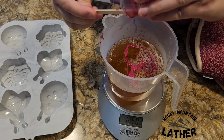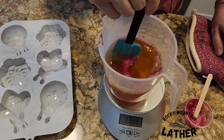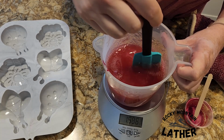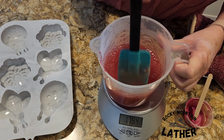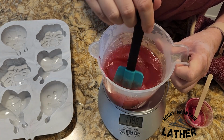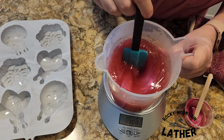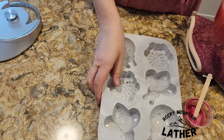scrape this all out. And also, that soap base took a lot longer to melt than previous soap bases I've used before. So I like to use the double boiler because it's a lot more manageable with this much soap, but I think for the second batch I'm going to try and microwave it because it might be faster, who knows. I'm going to try it and see, but we're just going to make sure this is mixed in, and because this has glycerin, I don't think it's going to be as vibrant as it looked in the mixing container. So I'm going to pour this